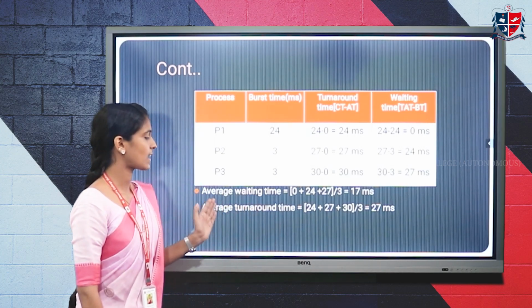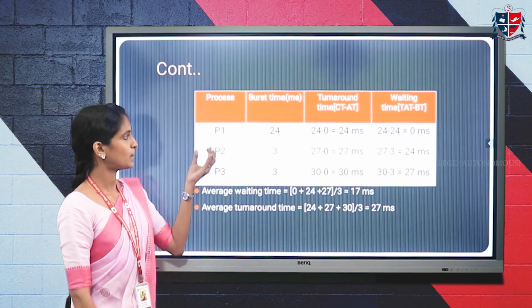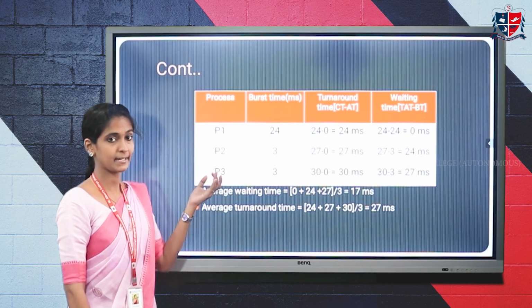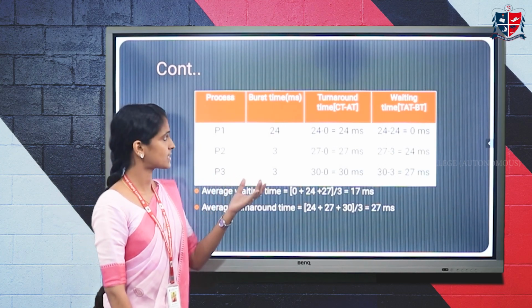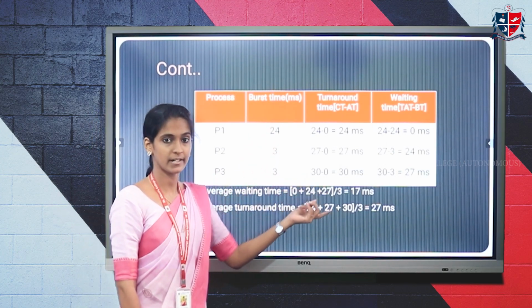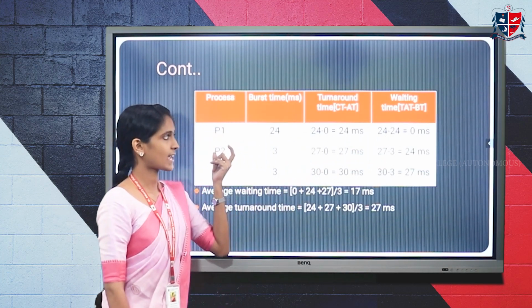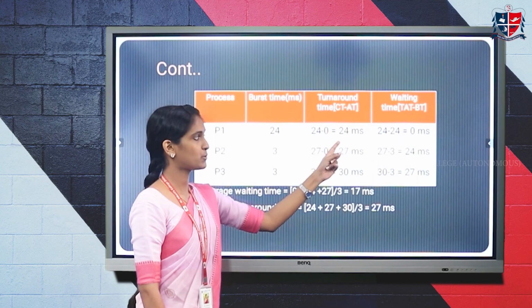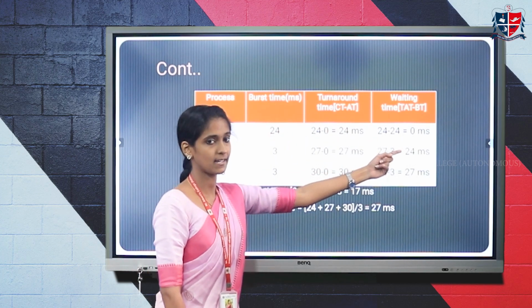Now likewise we can calculate the average waiting time for each process also. The waiting time can be calculated as turnaround time minus the burst time. Burst time means the execution time. We have already calculated the turnaround time. So the waiting time of P1 can be calculated as turnaround time 24 minus the burst time 24, which gives 0 milliseconds, because